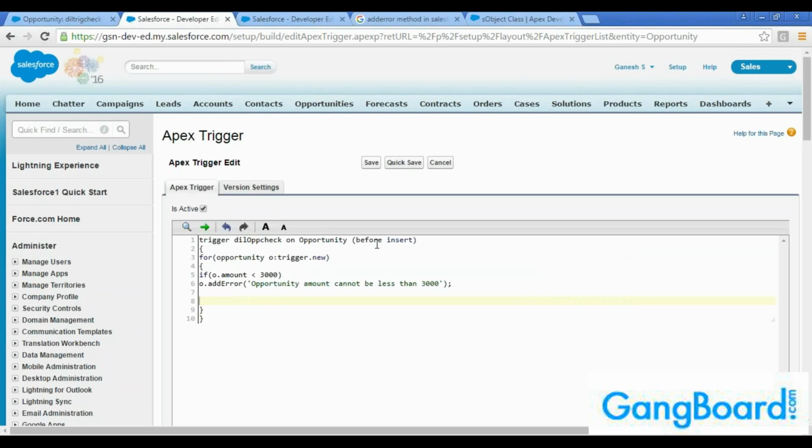How? If you see, by making use of the trigger context variables. We have seen one thing called trigger context variables, correct? So trigger dot isInsert, isUpdate, isDelete. Using those things, we are going to enhance the same trigger itself. We are going to extend the same trigger instead of going for a new one. So how to do that? Let's see. Here I will be giving it as before update. So now here, if